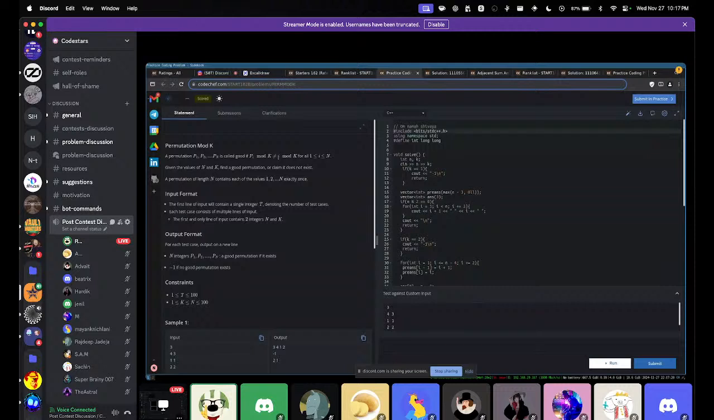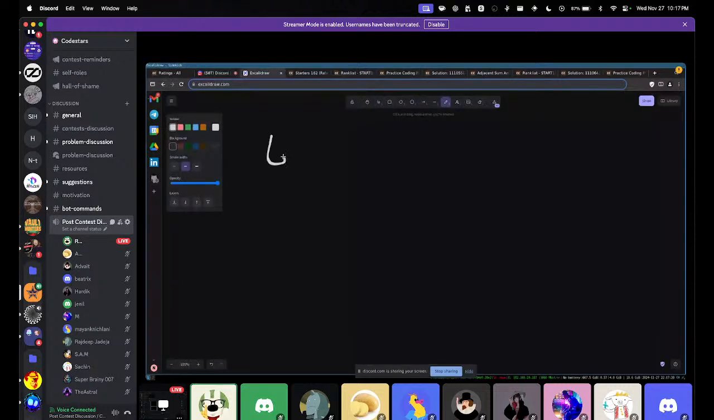So if we had an array of size 4 and our k was 3, and we made the array 1, 2, 3, 4, this is not a good array, because 1 modulo 3 is 1, and the index here is also 1. So that's not a good array. But then if instead I made it as 2, 1, 4, 3,